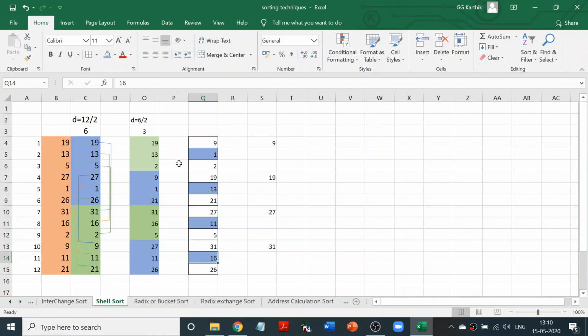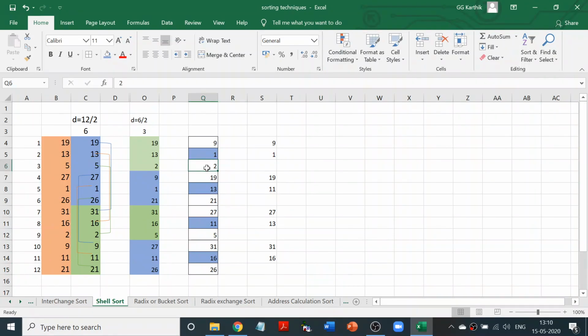Though we compared 13 and 1 and all, still we have not compared everything together. So when you take a look at all the second elements, what you see here is 1, 13, 11, 16. It is not in the sorted order. So I'm going to do a sorting here. So what happens? 13, 11 and then 13. So I'm comparing everything. All the 2's have to be compared as per our logic. Yes, that's what we did.